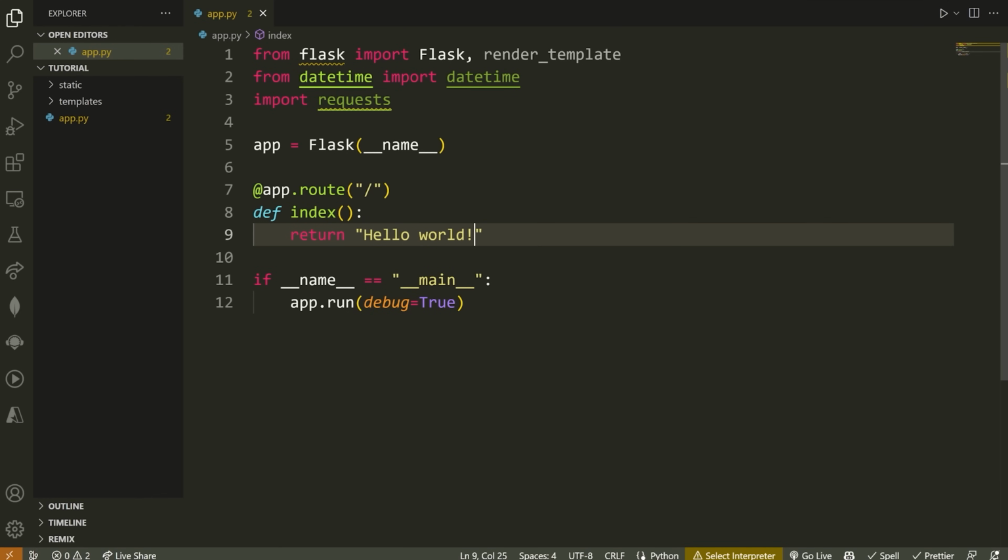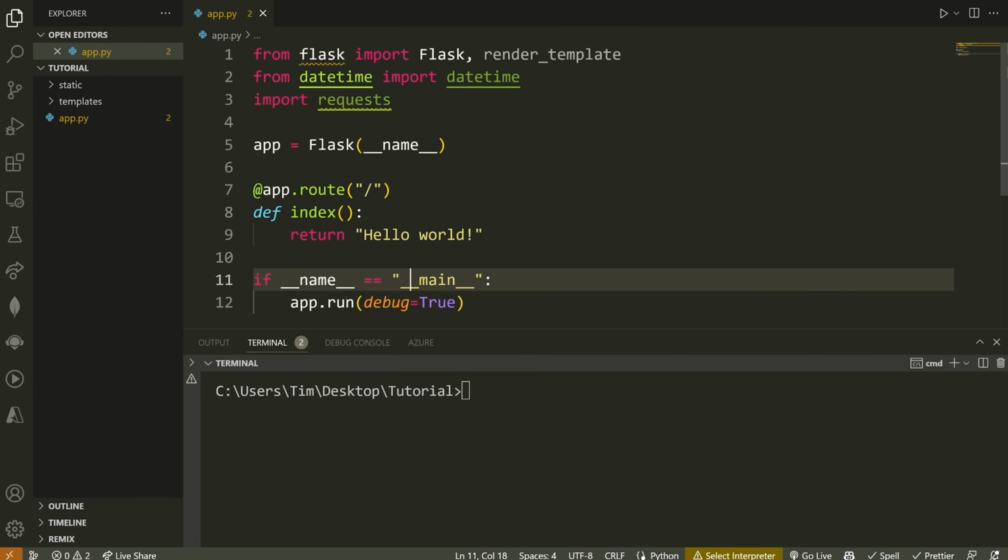Basically, what we do here in Flask when we want to create a page for our website is we start by saying @ and then the name of our app, which in this case is app, and then we say .route. Then we put whatever we want the route to be. In this case, I'm just doing slash. If I want it to be /home, I do /home. If I wanted /about, I do /about, right? Then I create a function. So I say def, and you can call this function whatever you want, but usually you name it something similar to what the route is. And then you can return from here a string, some JSON data, or an HTML document or an HTML template, which we're going to do in just a minute. But for now, just to test things out, we're going to return hello world, and you'll see how easy it is to actually get this web server running.